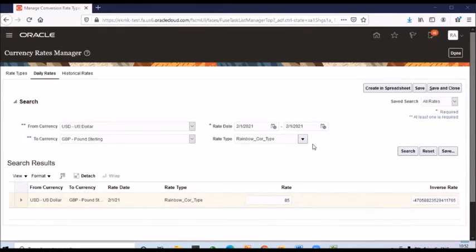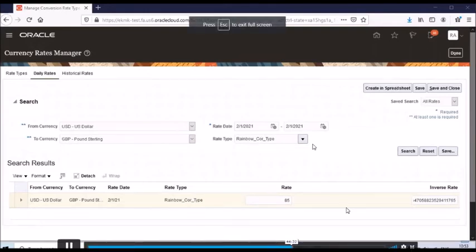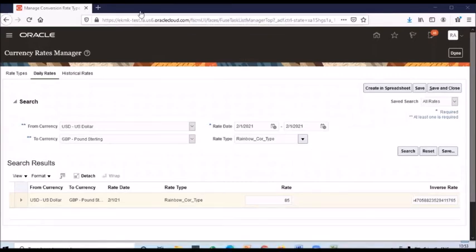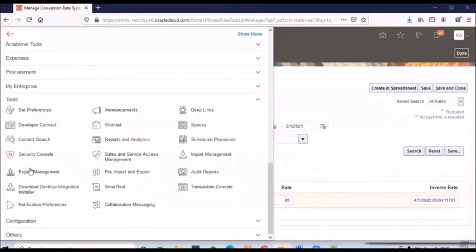While downloading that ADF desktop application, is there any specific setting we need to do on our desktop? No, you just click on it and it automatically gives the path.